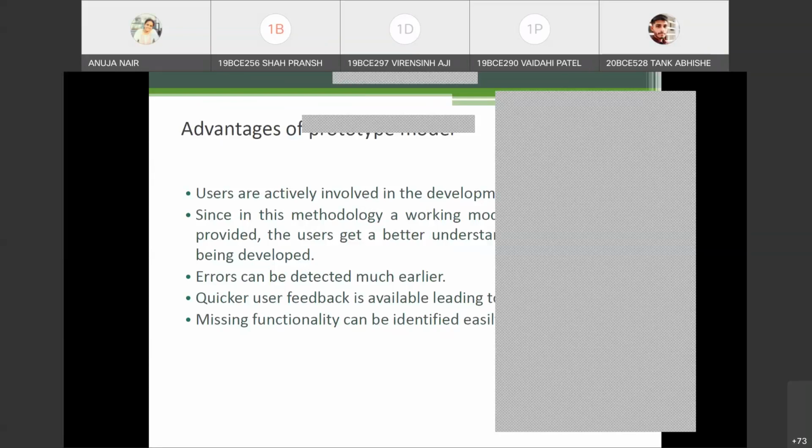Because what happens is when you are working with web based applications, more emphasis is always given on what is the color, what is the texture, what is the font. All these things should be visually more attractive to you as a customer. So that time prototype model is used, because you don't want to end up creating.